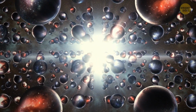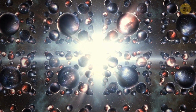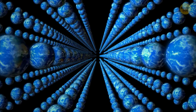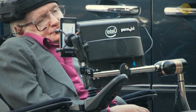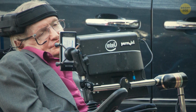Hawking also explored the idea that our universe is just one of many universes. It's a concept called the multiverse. Some scientists believe it could be that any situation you can imagine in your life is happening somewhere in some other universe. Hawking didn't agree with that, so in his final paper, he proposed a new mathematical framework that made